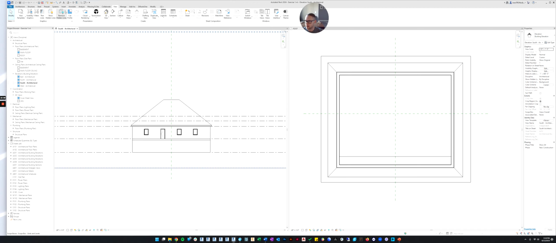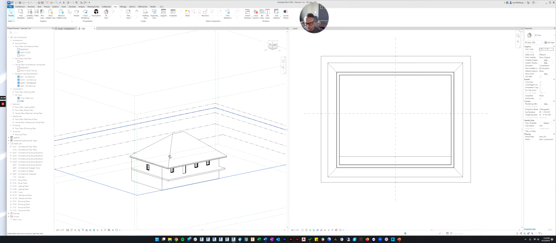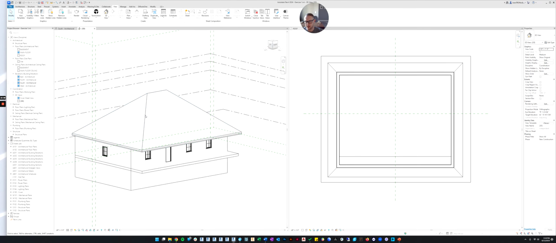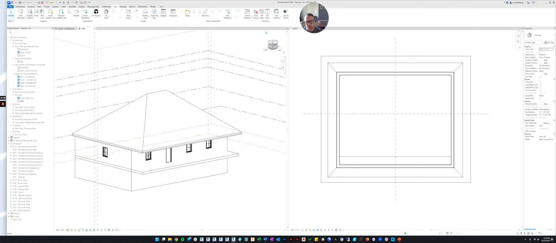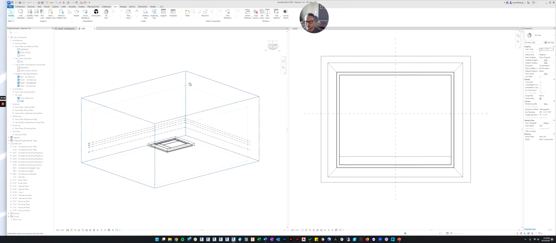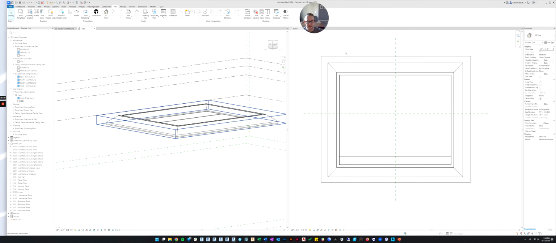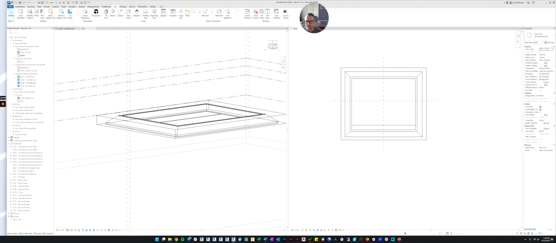And if we look in 3D, let's pull a 3D view so that you can see visually what's happening. You can go up to the view cube and right click on the little house and it says orient to view, and then it says floor plans. Let's pick the roof plan right here and it'll crop that. And now this is showing you exactly what this view is doing.